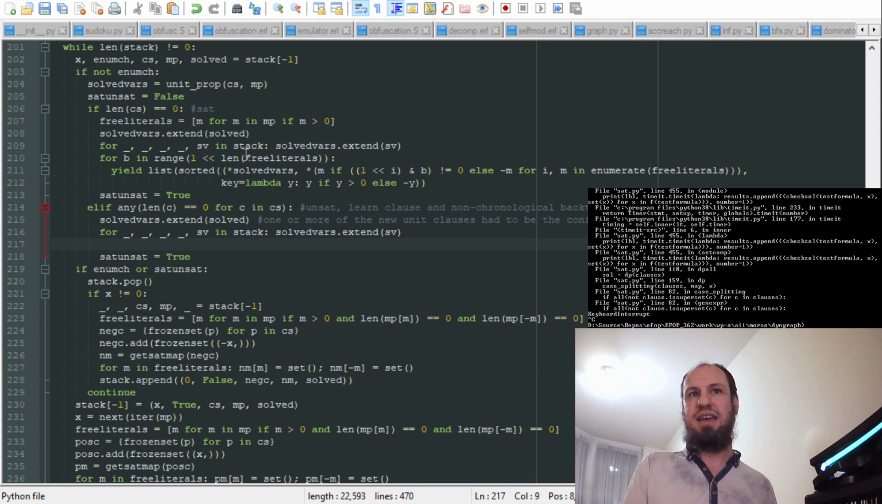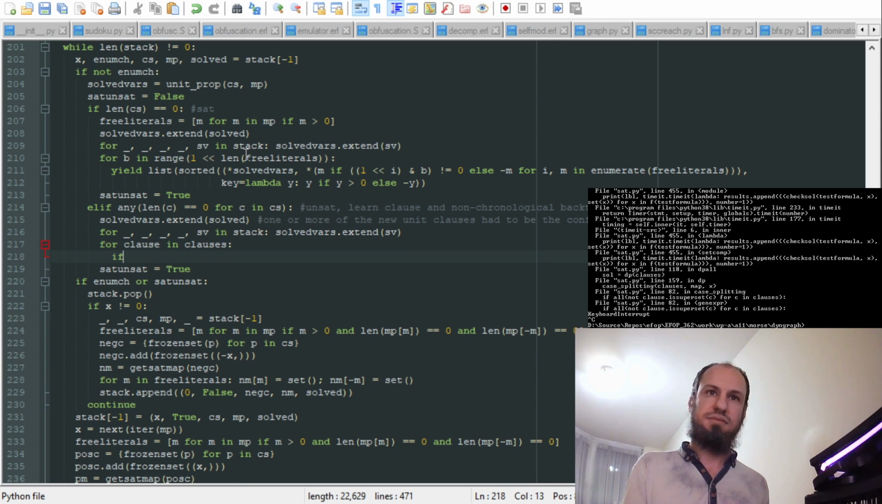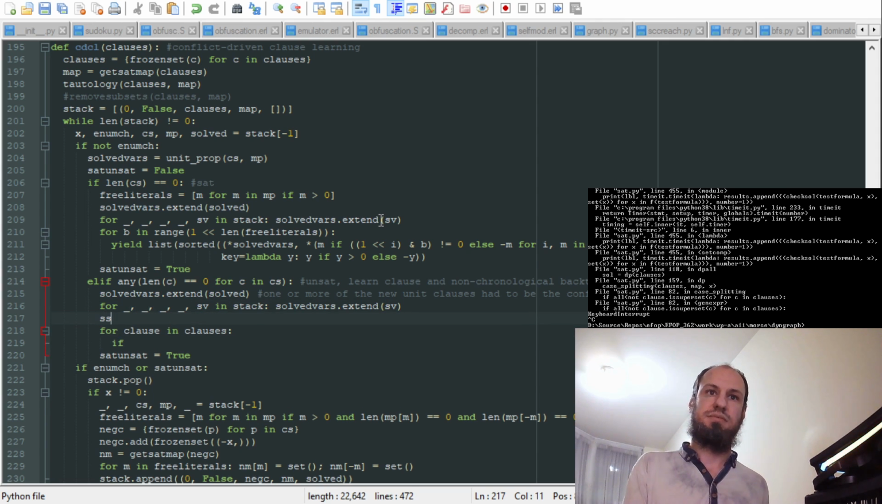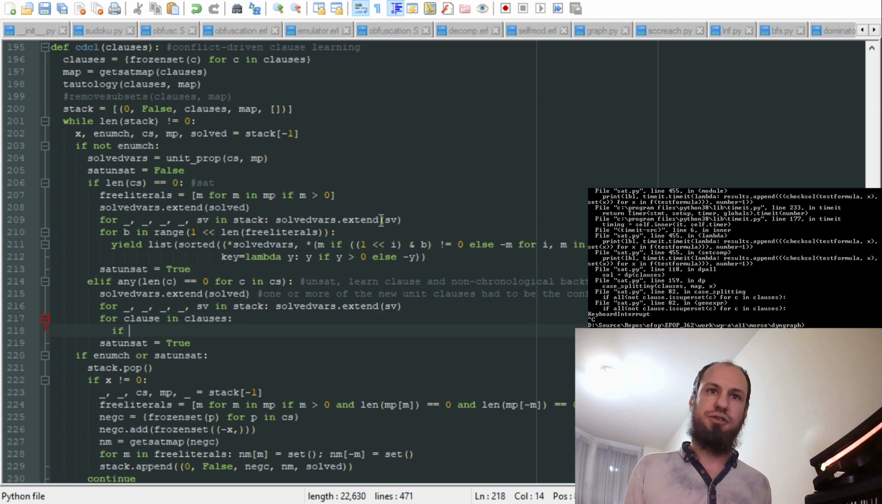So the key now is that we should be able to find a conflict by just saying for a clause in clauses. And then we could actually just subtract. Actually, it doesn't really help to convert this to a set, because subtraction with a list is just as efficient. It's just going to enumerate. So we can just say clause